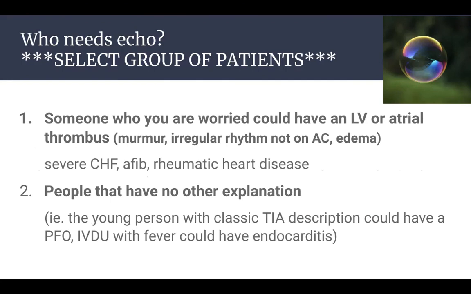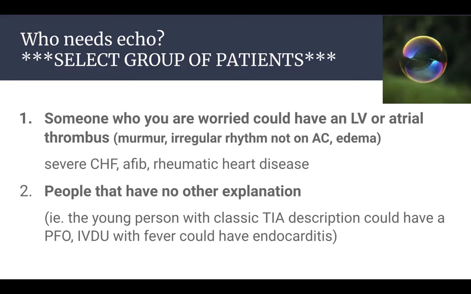So who does need an echocardiogram? As mentioned before, patients that have a new exam finding that might suggest they could have some sort of an underlying thrombus should have an echocardiogram. These are patients that might have severe CHF or an acute MI, atrial fibrillation, rheumatic heart disease, or other significant valvular disease. And some patients that just have a very classic story for a TIA that you're concerned could have a PFO. So these patients are ones that you might want to keep to do a TTE with bubble study. One other group of patients are those that are IV drug users that maybe have a fever or any other signs that could point you in the